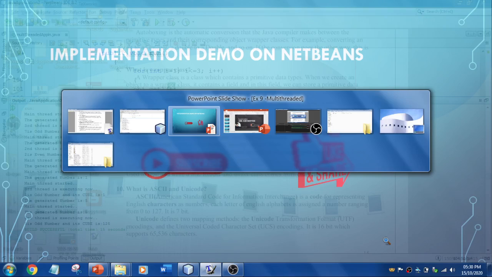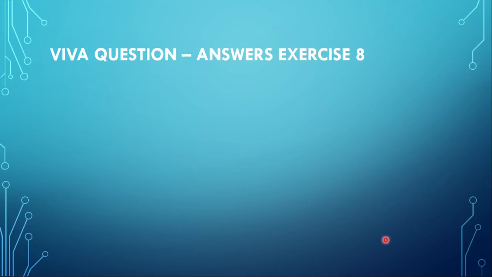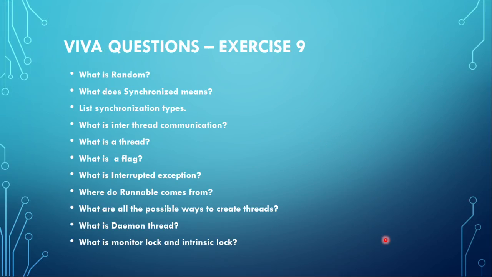And let me go to the Viva questions for today's exercise, that is exercise number 9. These are all the Viva questions expected from this. You need to understand all these things. Most of the things were explained, and I'll be revealing the answers in the next class. Simultaneously, I'll be uploading all these things into my GitHub profile. You can download the source code over there and try executing all these programs.